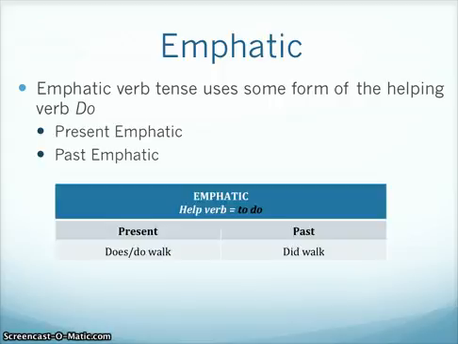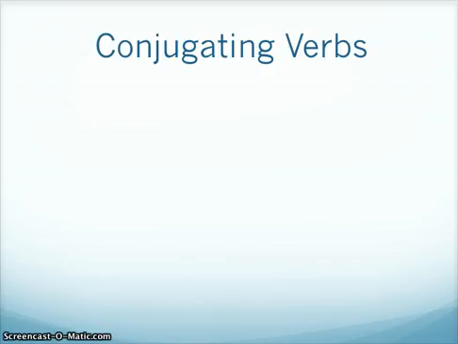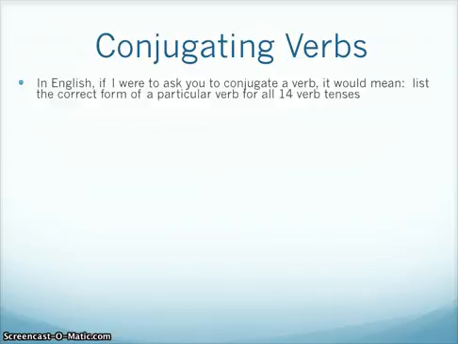So we have the emphatic category. It uses some form of the verb do. So present emphatic would be either does if it's singular, or do if it's plural, walk. And past emphatic would be did walk. And so what we're going to do is we are going to conjugate a verb. And in English, if I were to ask you to conjugate the verb, it would mean that